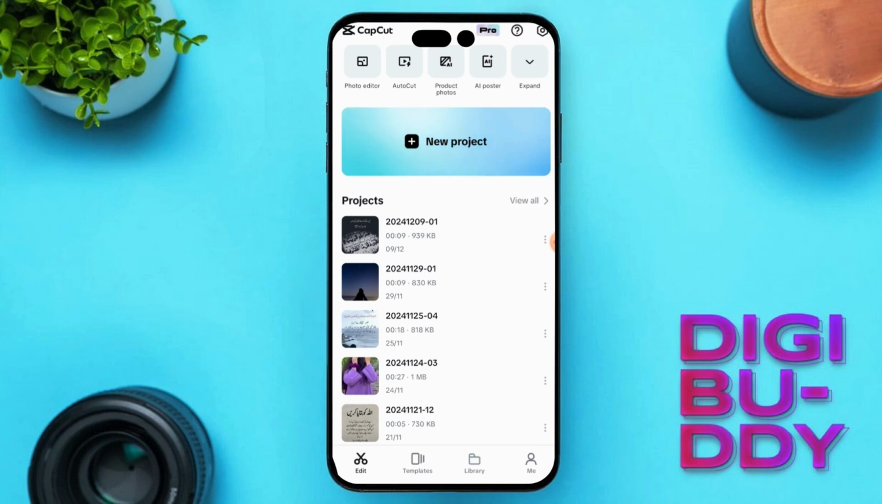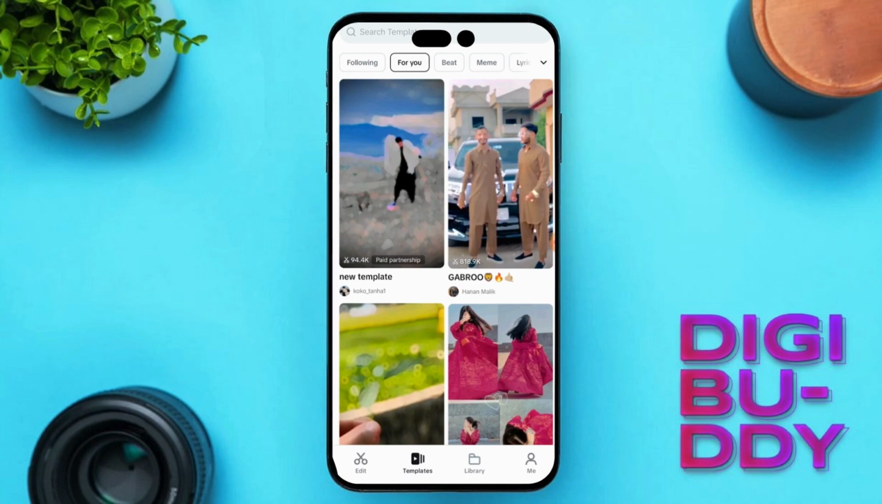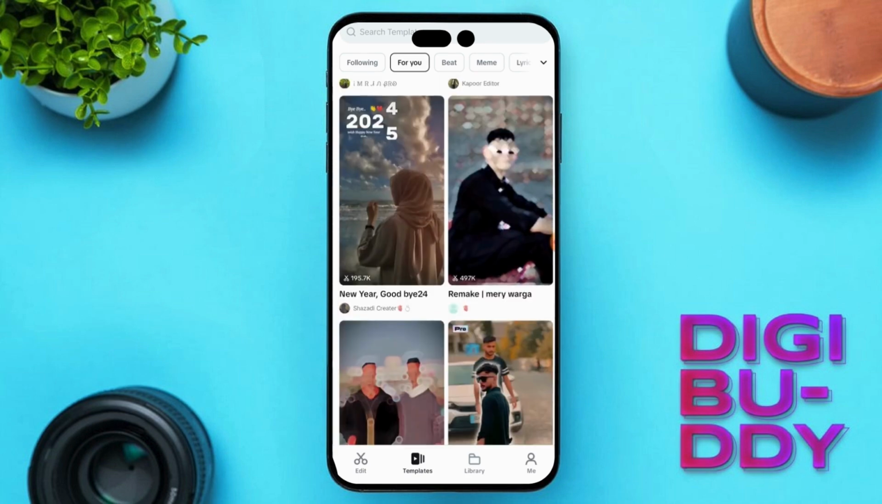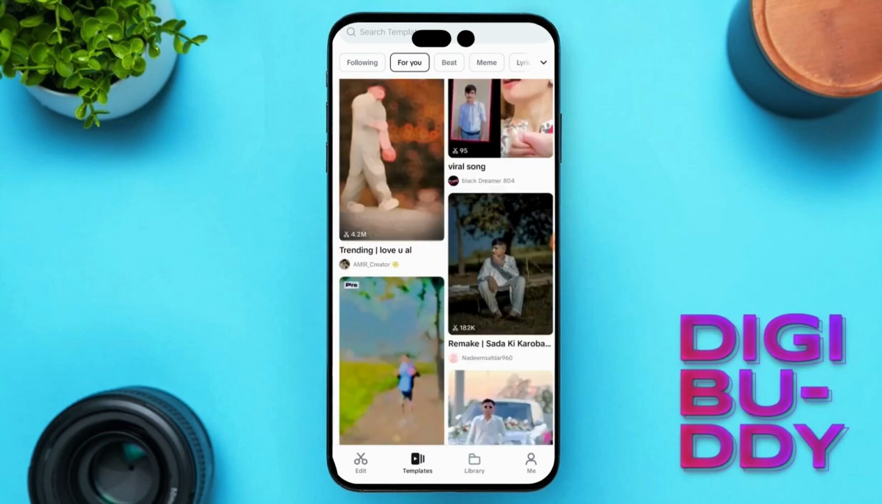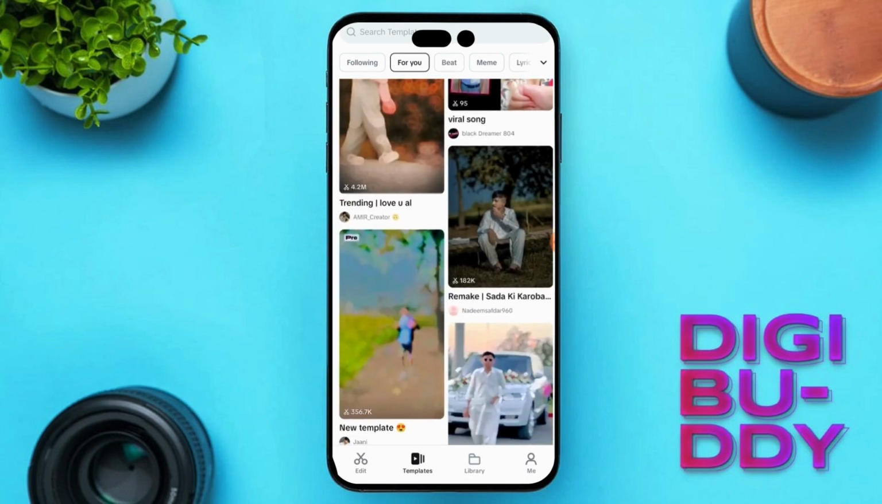Once you are inside, you will see a template option at the bottom of the screen. Go ahead and tap on it. Here, you will find a variety of templates to choose from. Browse through the options and pick one that fits your style. If you are not sure where to start, you can use the category filter at the top to narrow down